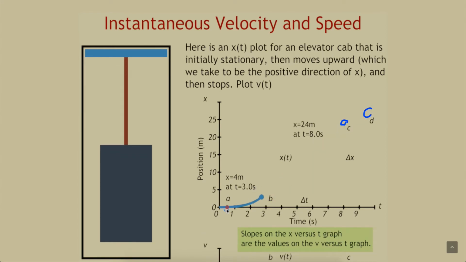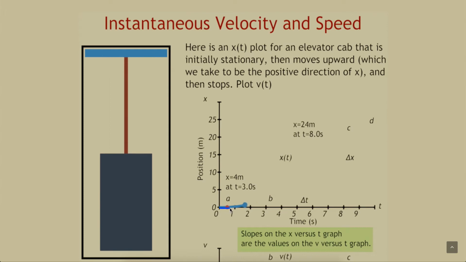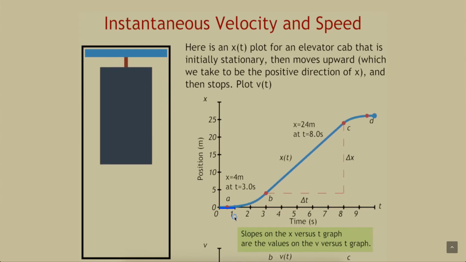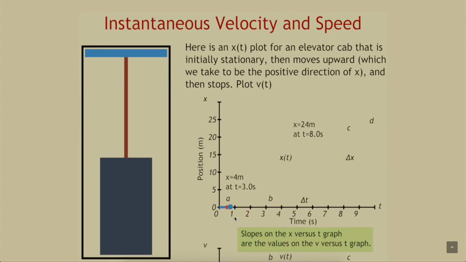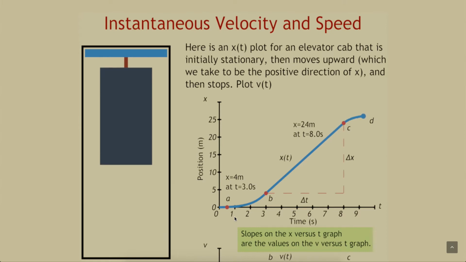While we don't have any clear information on this, it is observable that from 0 to 1 seconds, the position of the elevator cab remains at 0. From this observation, we can say that the curve of velocity versus time would start with a horizontal and straight line from 0 to 1 seconds at 0 value of velocity.